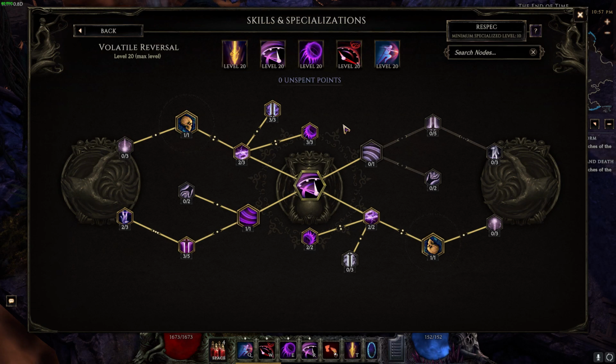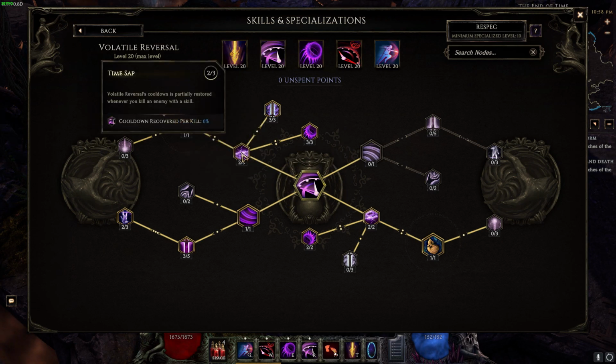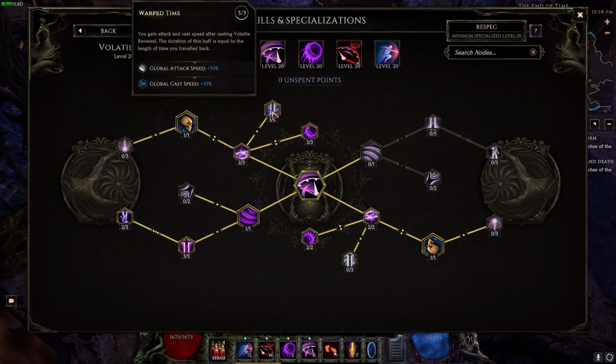You could do Ring of Shields, you could do something else other than this skill, because in the echoes, when it keeps taking you backwards and reversing how far forward you're going, it's not the most ideal skill. But with this setup, which is for arena or for bosses, we have 2 points in Time Sap, 3 points in Warped Time. This 30% increased cast speed you get lasts for as long as the duration that you went